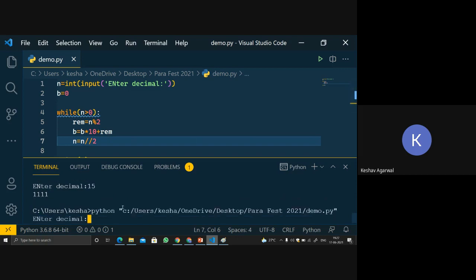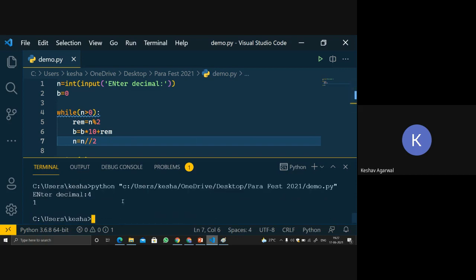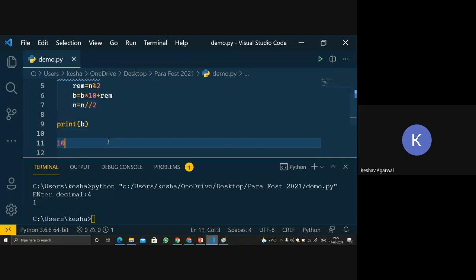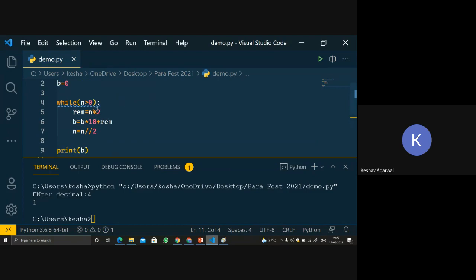Now let's try another number, that is 4. I got the output as 1, but it should have been 100. So b into 10, it will be 0 in the start, and then 0 times 0 is... hmm.